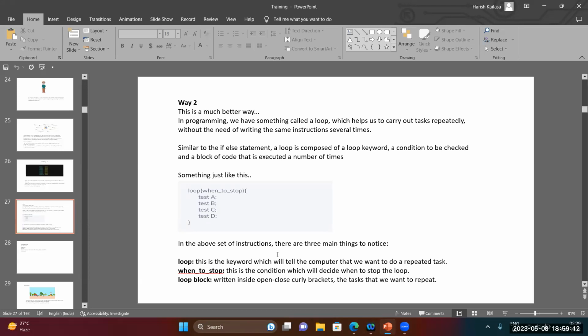For example, if you can see there, the loop will be starting with some start, and we'll have a condition for when to stop this complete loop. Depending on those, we are going to write multiple statements inside the loop, like test A, test B, test C. So there are only three parts that you might see: the loop, when to stop, and the loop block. The loop block is nothing but the code